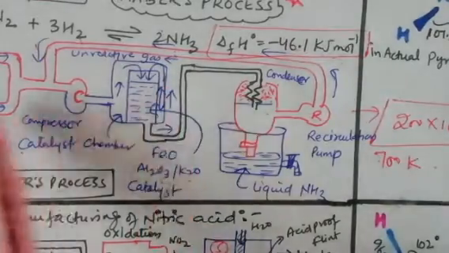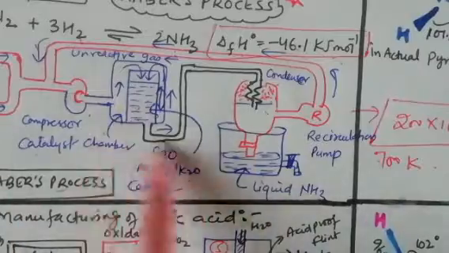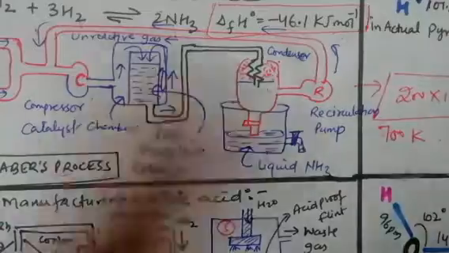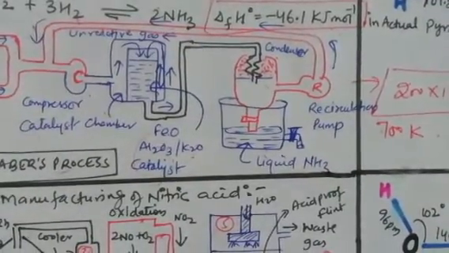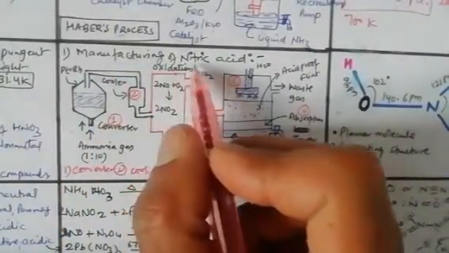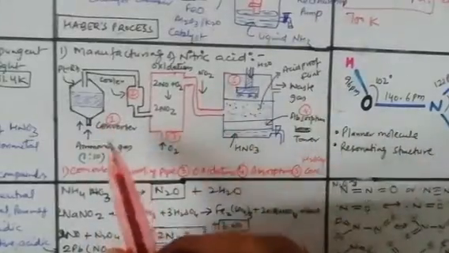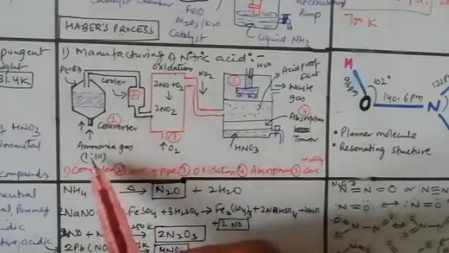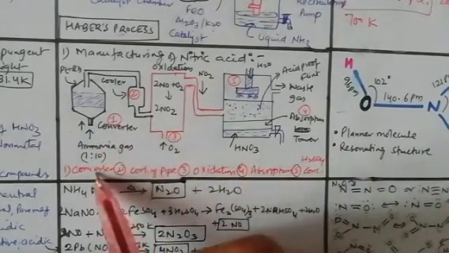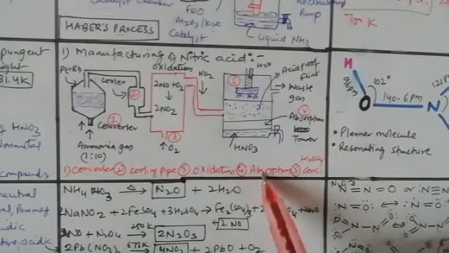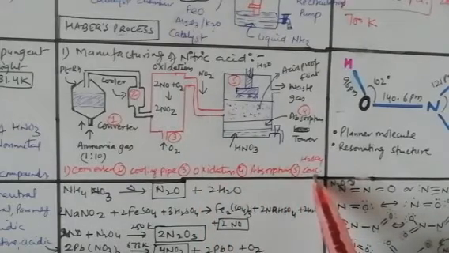So the flow chart will show how every process is working. So this is the process of manufacturing ammonia. Now we will talk about the process of manufacturing HNO3. This is the manufacturing of nitric acid. Nitric acid can be prepared with the help of this manufacturing process, in which first is the converter, second is the cooling pipe, third is oxidation, fourth is absorption, and fifth is H2SO4 concentration.